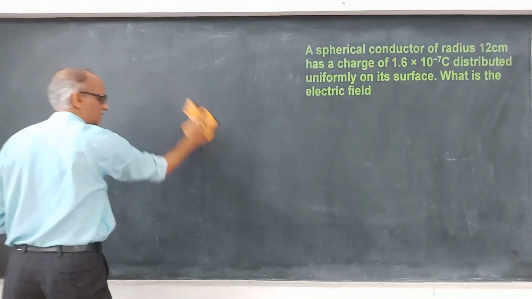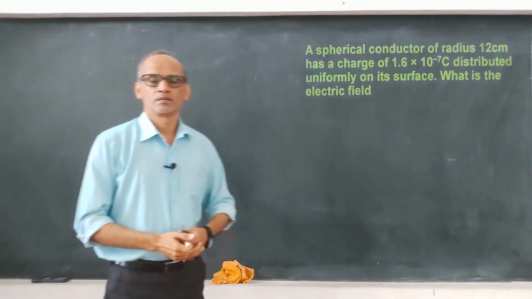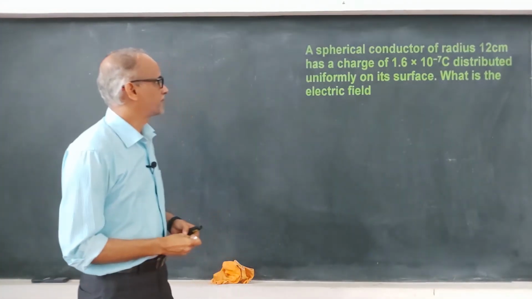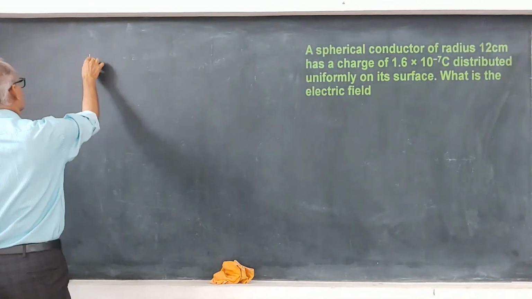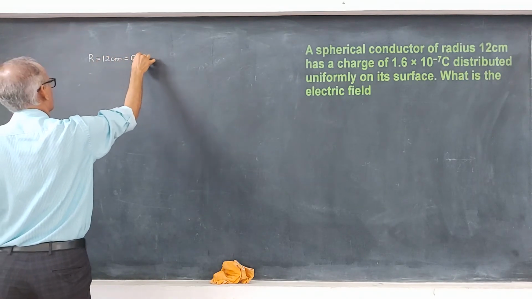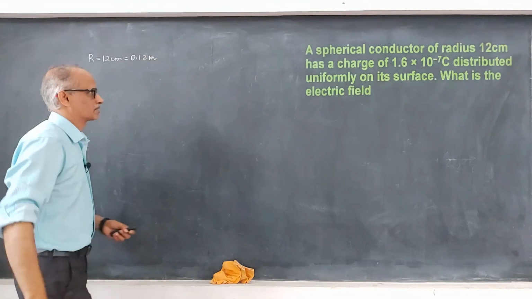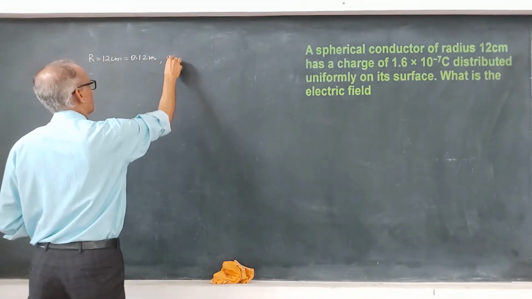So, we have a numerical here. Let us solve this numerical. Go through the statement. A spherical conductor of radius 12 centimeter. So, radius is given, capital R is 12 centimeter, which is 0.12 meter, conversion is a must. It has a charge Q of